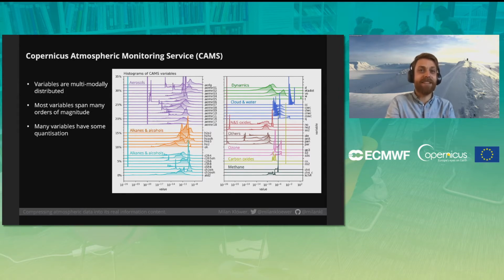All of this data is not, as you would think of a statistical distribution from your textbooks, but really multimodally distributed. The variables span many orders of magnitude, and you even see these little spikes. So there's already some kind of quantization inside the data itself before you even compress it, and that poses a lot of problems. In the next 10 minutes or so, I really want to show you